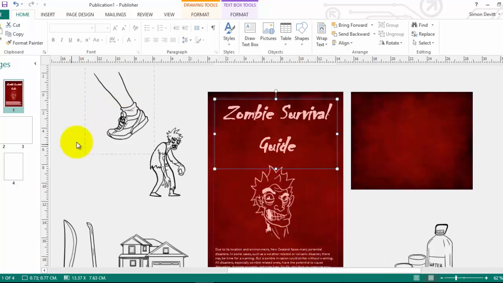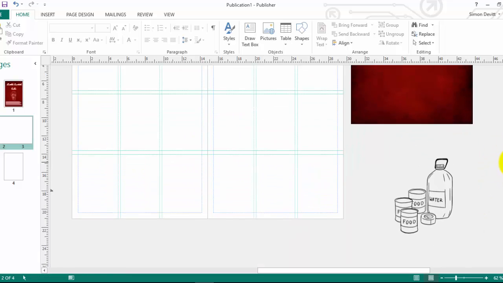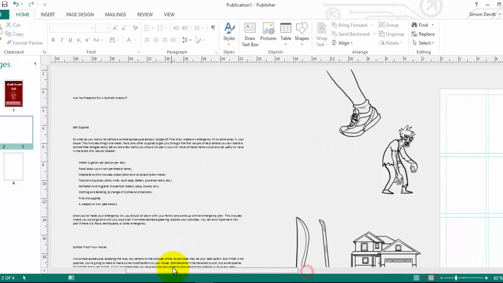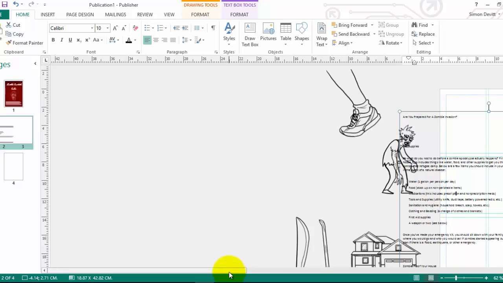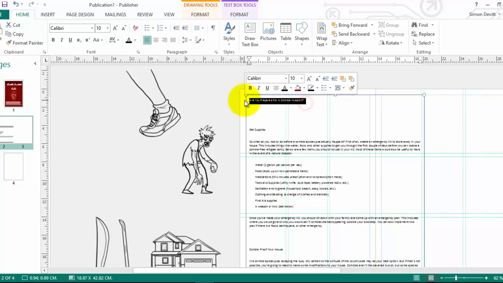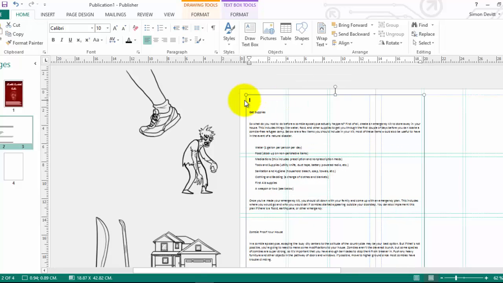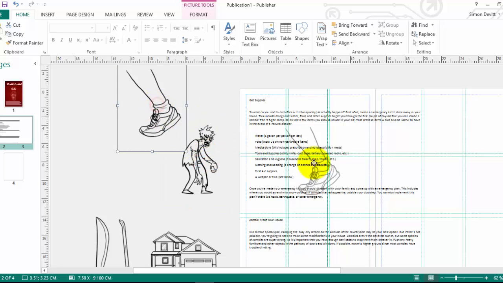Alright, so going into these middle pages now here, I'm going to try and look at framing up where I want all of this information to try and go. So I'll try and bring all the text in to start with. I'm simply going to bring this text box over here and try and shape it onto the page to see how much room I've got. Alright, so because these images are quite well sized, okay, I can actually look at bringing them onto my page and seeing how things might